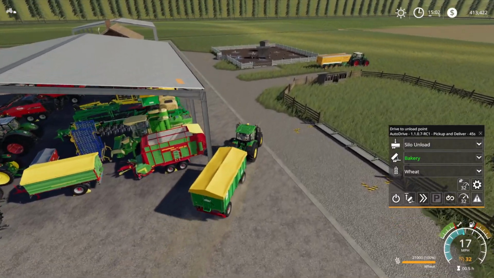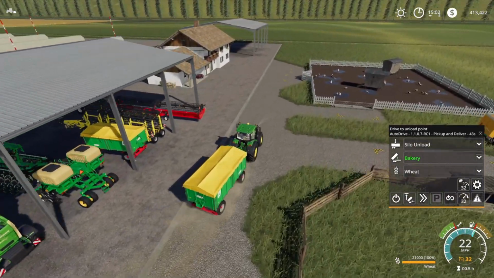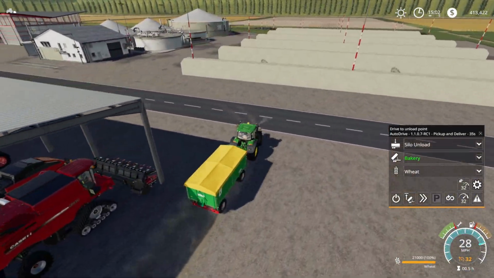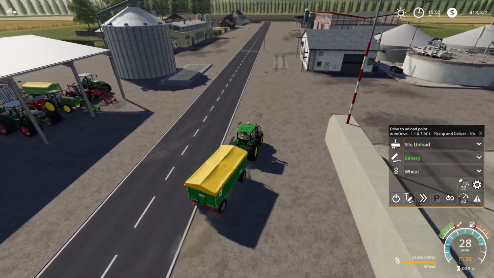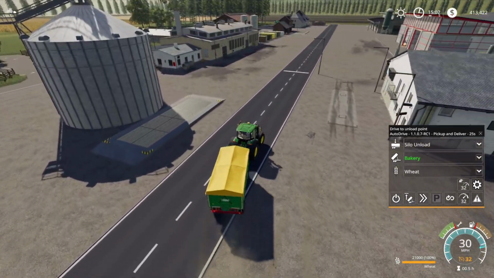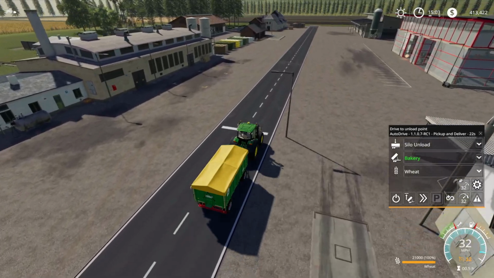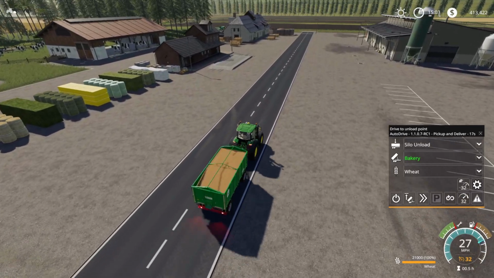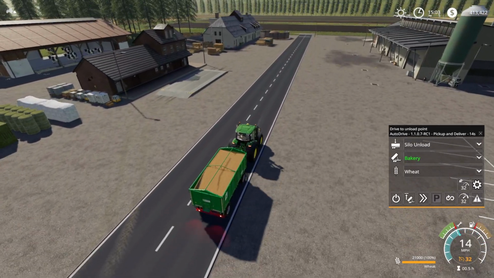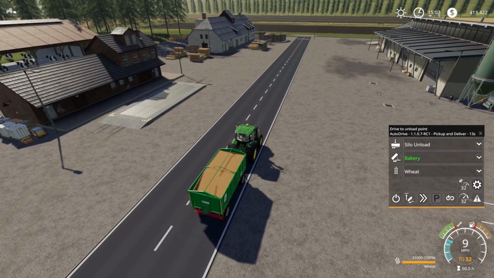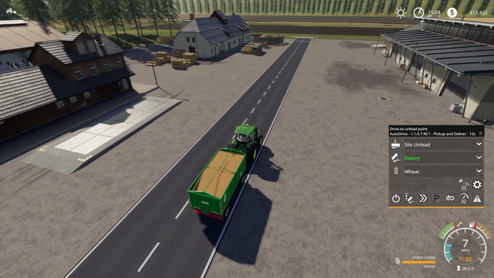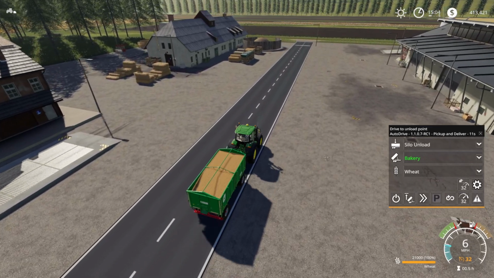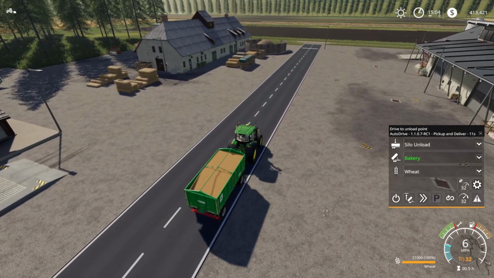Now he's going to loop round the back of the shed here. He's going to join back onto the main course. We will skip the shop route. As we've said before, we don't need to go via the shop now because we can go straight on along the road. I'm going to head down here to the bakery. It's already uncovered, I think, because he senses the unload point on the other side of the road. He's going to loop around here any second now, unload, and then he's going to go back to the silo,